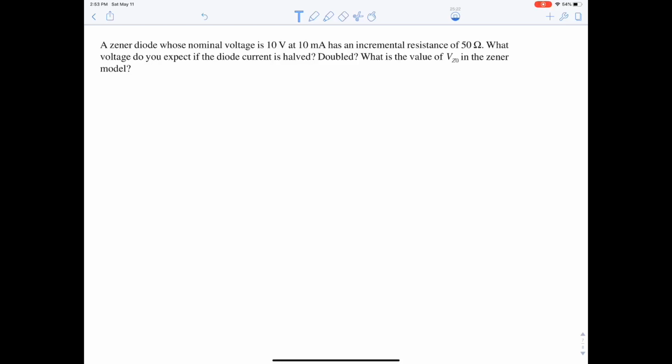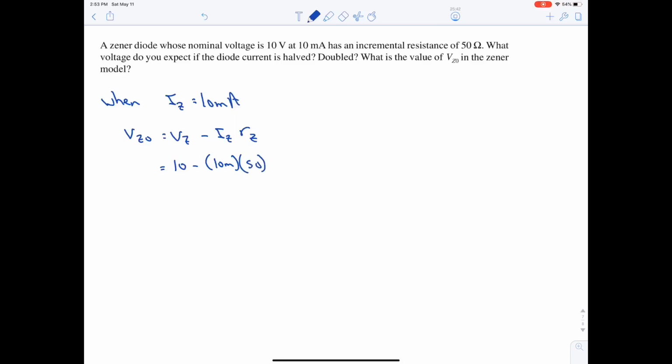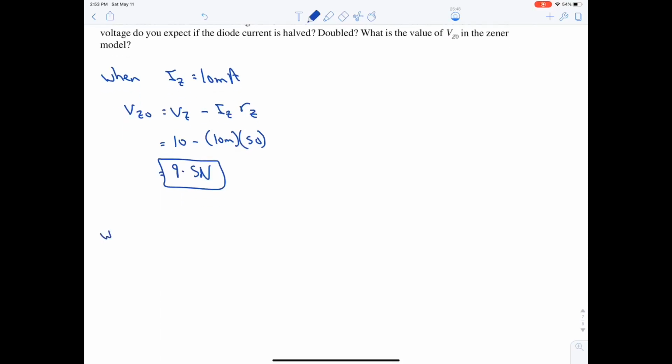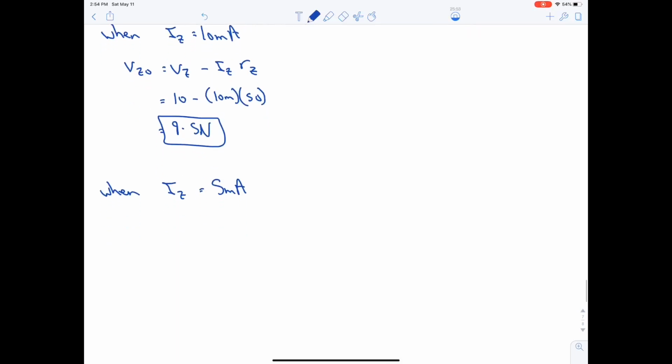So when IZ is 10 milliampere, VZ0 is equal to VZ minus IZ RZ. VZ0 is 10 minus IZ, which is 10 milli, and RZ is 50. This will give us 9.5 volt. Okay, and when IZ is halved, hence 5 milliampere, VZ0 will equal to 10 minus 5 milli multiplied by 50, which is equal to 9.75